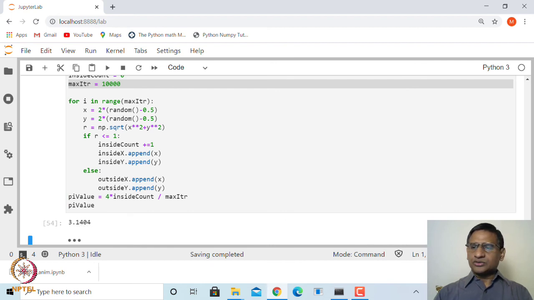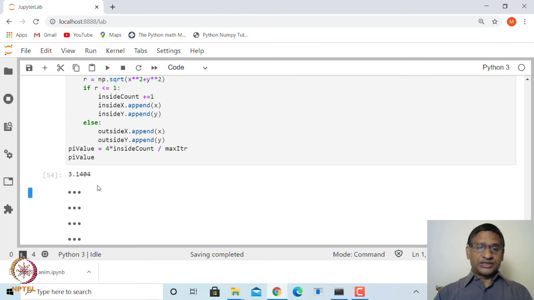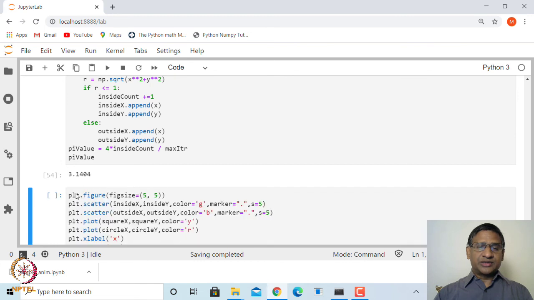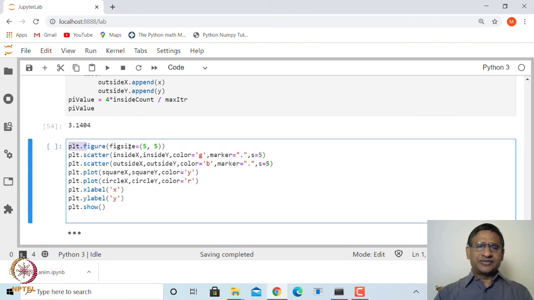Okay. Now we want to plot these points also. We did this earlier, but now there is an extra thing we can plot. How do we plot this? This is again very easy. First, you generate a figure of size, let us say, 5 by 5, and plot all these scatter points: the x coordinates of inside points and y coordinates of inside points, let us say green in color, with point size, let us say, 5.